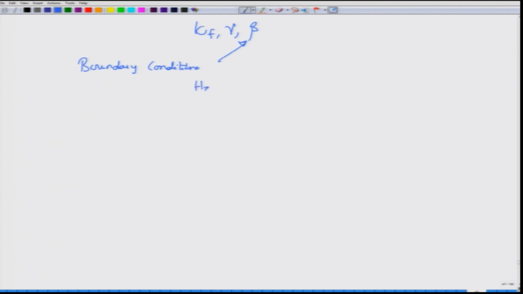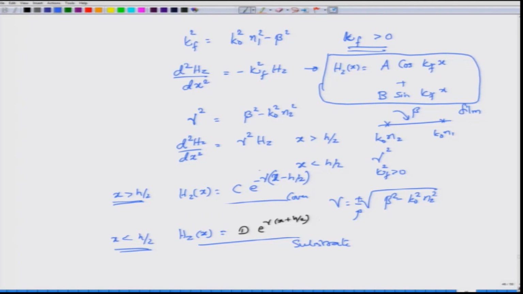Well, we had h z, which is a tangential component. This should be continuous at the two interfaces, x equals plus or minus h by 2, and there is a second condition that I need to obtain, that would be in the form of E y, right. So, I need to have E y of x also being continuous at x equals plus or minus h by 2. Okay. So, what would be E y of x now? E y of x outside would be decaying, and then within the film it would be sinusoidal. So, I know that E y is related to d h z by dx, that is, it is related to the derivative of that.